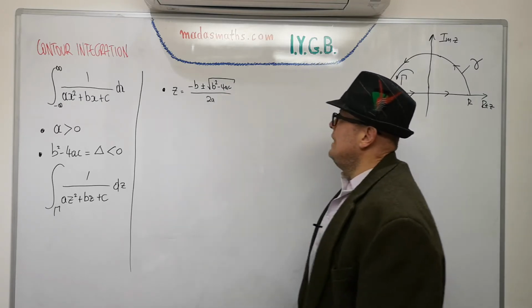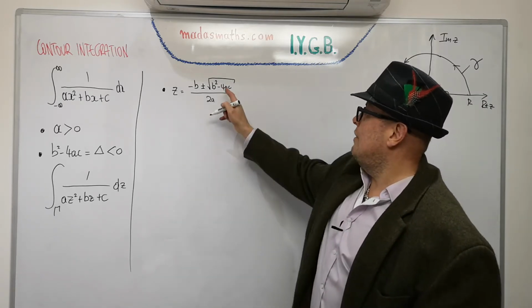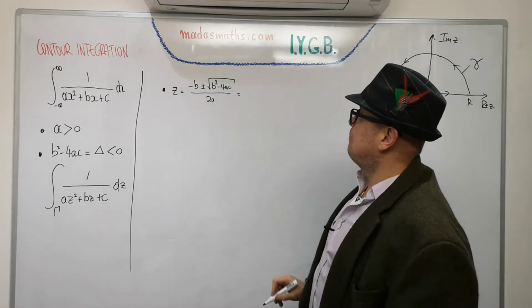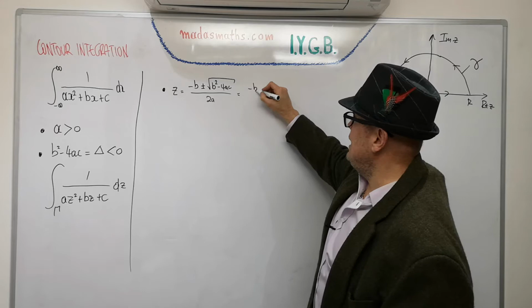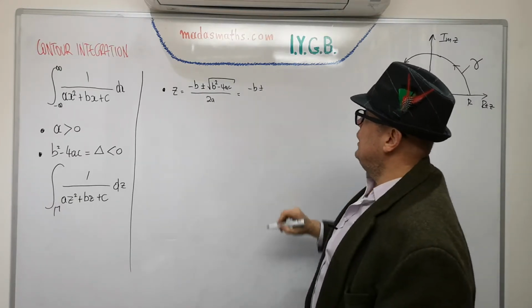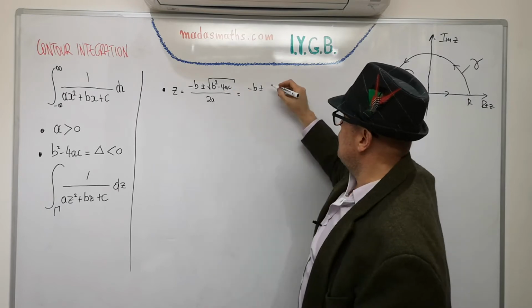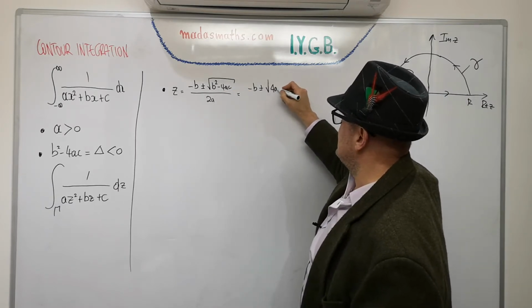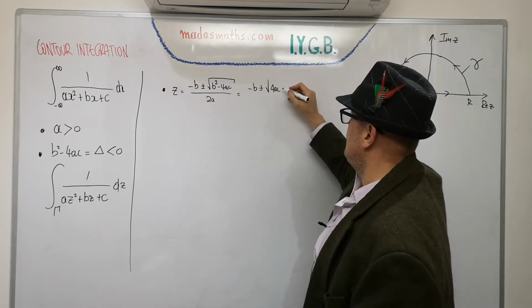Of course, this bit here is definitely negative, so we can say that it is minus b, plus or minus the square root of 4ac,